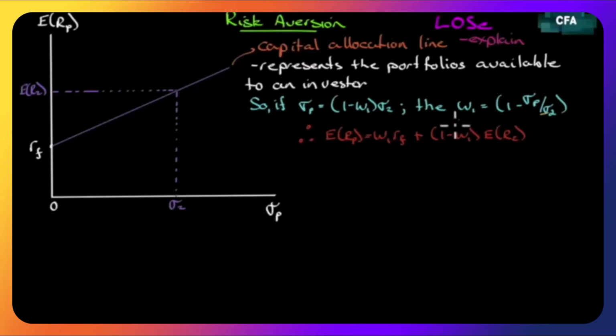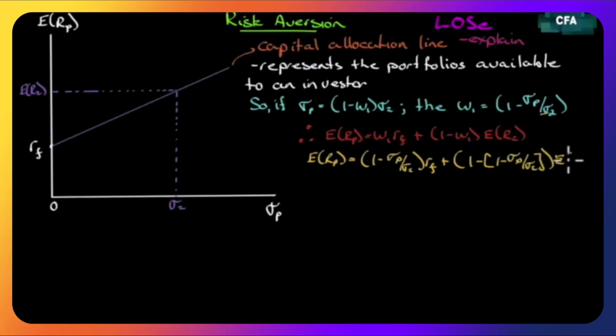So let's just go ahead and substitute this term in brackets for W1 everywhere we see it, and let's see where we get to. So our expected return on the portfolio will be 1 minus, there we go, RF plus 1 minus, well, now we have to do this here, 1 minus the standard deviation of P over the standard deviation of 2, and the expected return of 2. Well, I want to simplify this. This is a mess in here, so my next step will be to simplify that. When I do this, I like to just do one step at a time so I don't lose anybody.